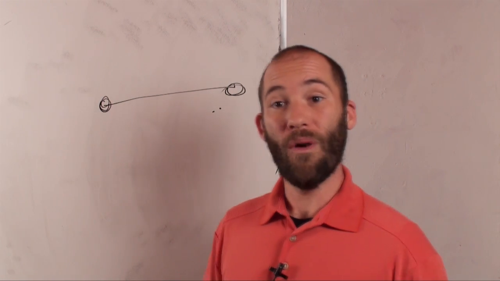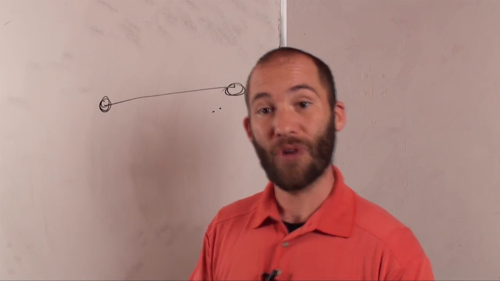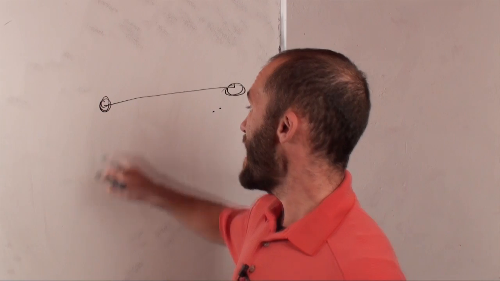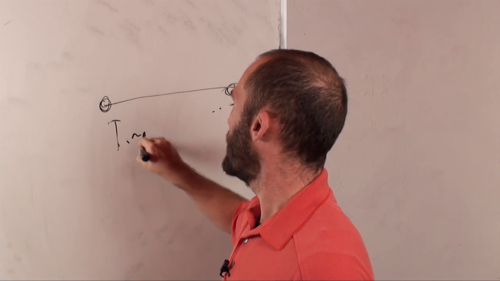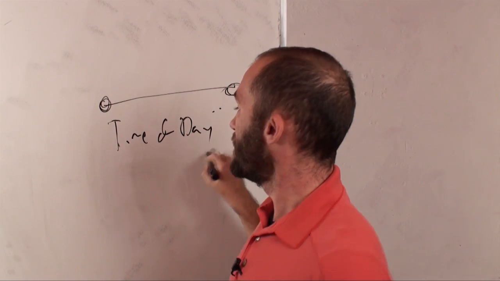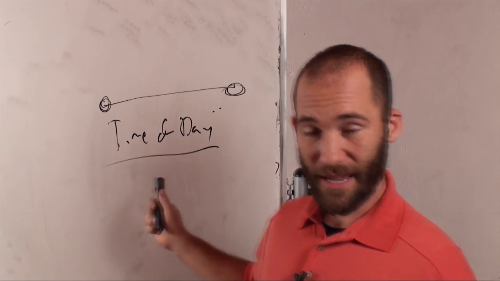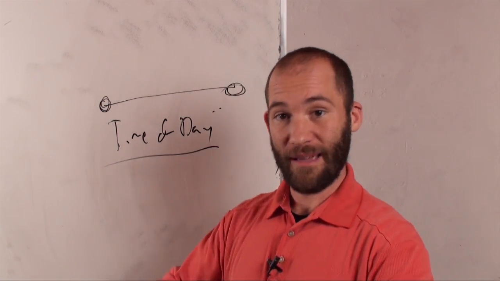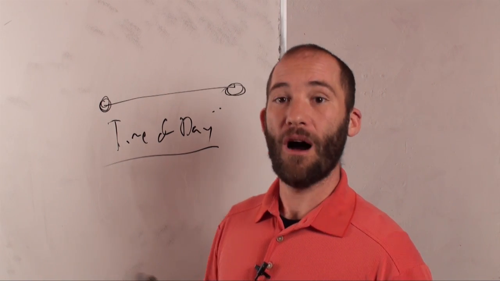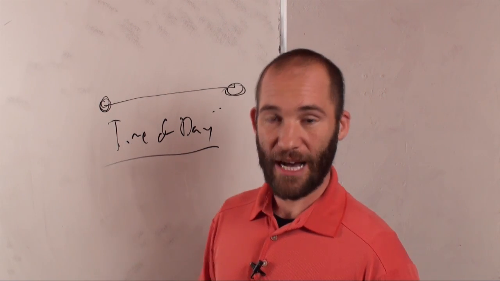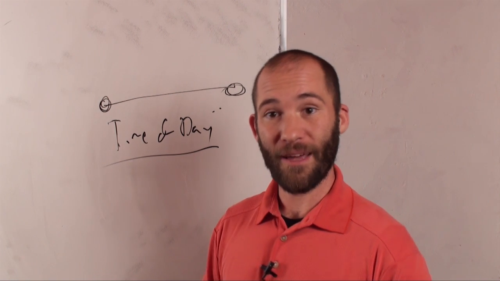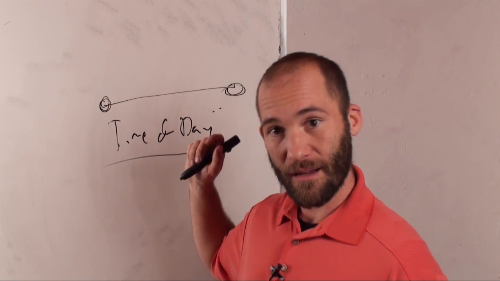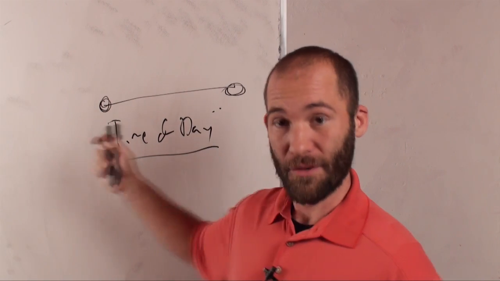Now, one of the first things that you can do to try to protect your accounts, and this is one of the easiest things that you can normally do, is time of day security. What this means is that you can only log into user accounts during certain times of the day. This is a very useful thing within Windows servers, Windows domain controllers. You can do this pretty easily, and depending on what other software you're using, you should be able to do it there also.